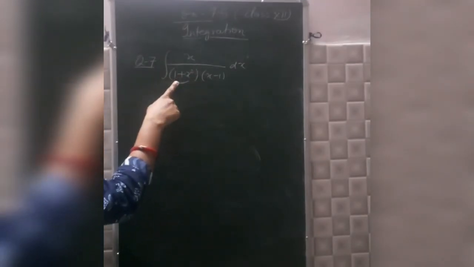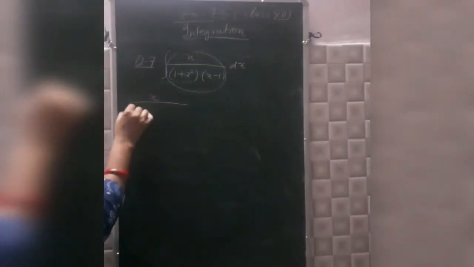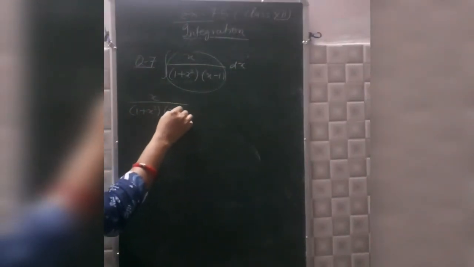Now see one more sum of this exercise. Next, question number 7. In question number 7, the statement is: find the integration of x divided by (1 plus x square) into (x minus 1). All of you know that this is a quadratic expression, and furthermore factorization of this quadratic is not possible. In this case the degree of p(x) is less than the degree of q(x), so no need to divide, but the factors are not all linear. So this function, before integration, x by (1 plus x square) into (x minus 1), can be written as